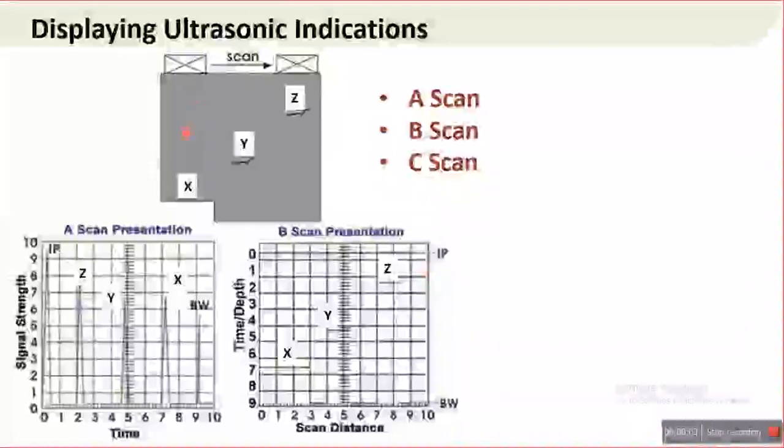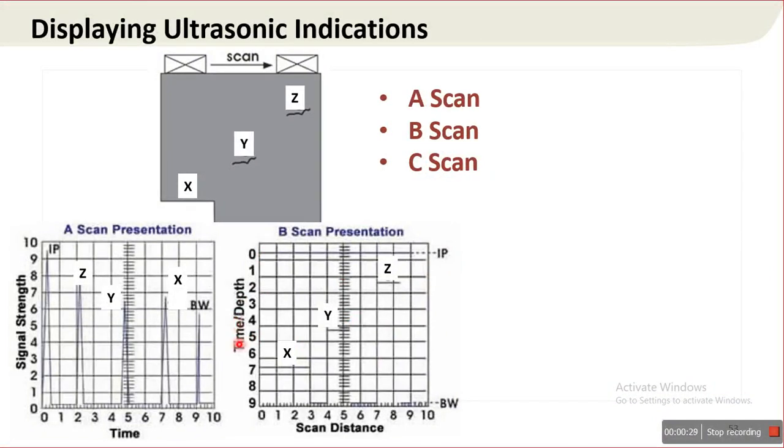As far as the cross section of this component is concerned, exactly similar presentation is there in the B scan. In B scan, the travel time of sound is displayed along the vertical axis. So here it is time or depth.